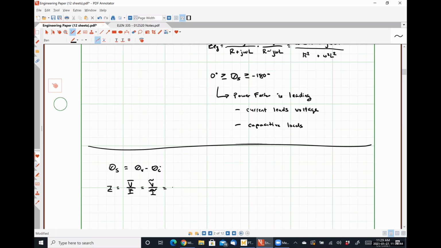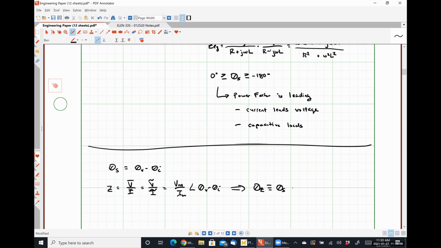This is going to be Vm over Im with an angle of theta v minus theta I, which means that the angle of the impedance, theta z, is mathematically identical to our power factor angle,